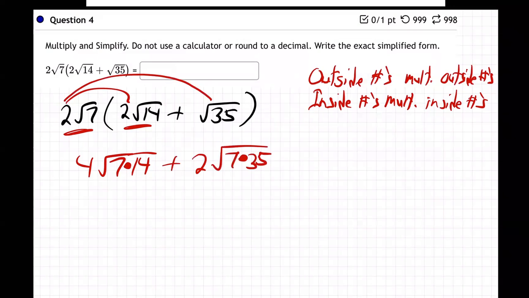Now I'm going to break stuff down. Does that make sense so far? Outside numbers stayed outside, inside numbers stayed inside, didn't they? The 2 and 2 on the outside make 4. The 7 and the 14 go together inside, and then I'm going to break down that 14 and do the 2 for 1 ship out. Same thing here. 2 root 7 goes there, 2 stays on the outside, the 7 and the 35 go together inside. Now, let's break them down. Like I said, that's 7 times 2, and we bring down that 7 so you don't forget about him. And then same thing here. This is 7 times 5, and bring down that 7 so you don't forget about him.